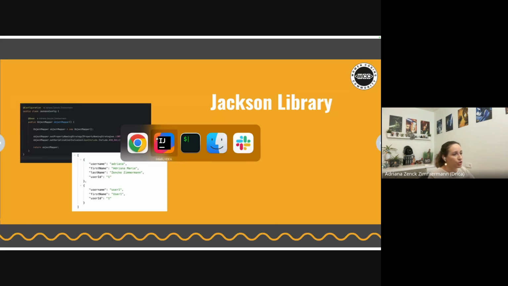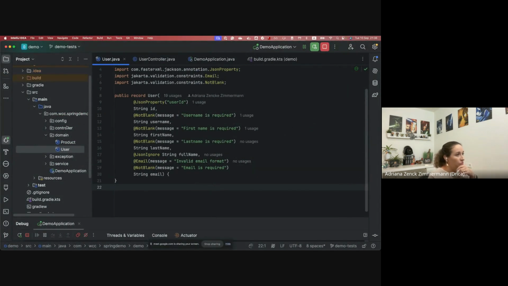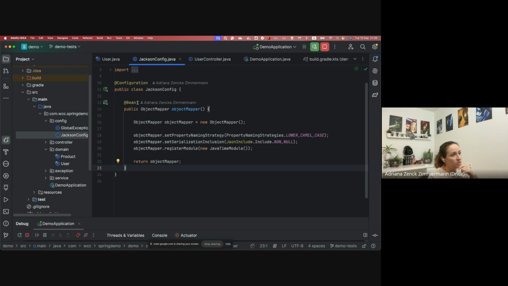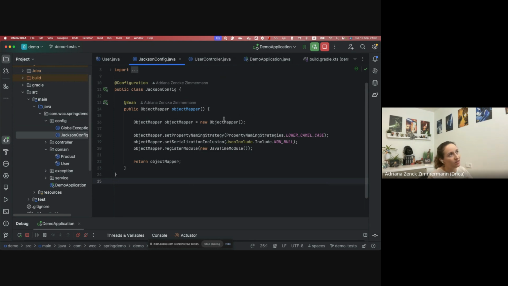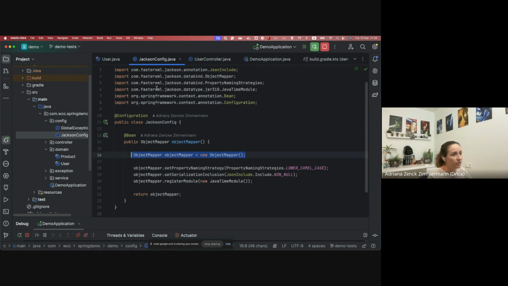And let me just show a little bit on the configuration. Basically, in Spring, you have a way, in this case using the bean, to initialize globally into your Spring Boot application, using the core of Spring Boot, which is dependency injection, and the whole idea of how you initialize modules. We are using the bean for that. And in this case, we say, okay, if you have an object mapper, and this is part of the Jackson configuration, and you can see here from the library,